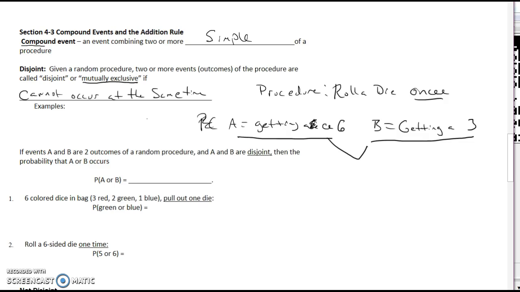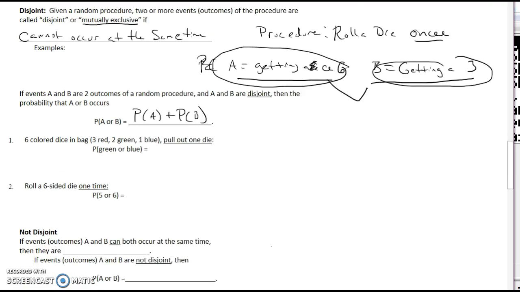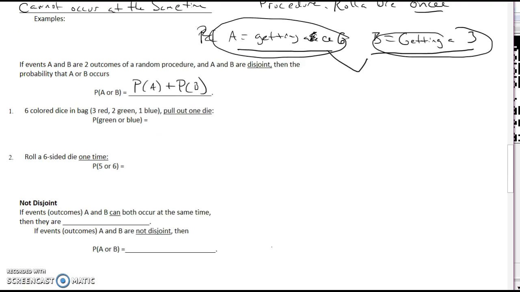Okay, so how do we calculate those probabilities? If two events are disjoint or mutually exclusive, then you calculate their probability by just taking the probability of A and adding it to the probability of B. So here we would find the probability of getting a 6 and the probability of getting a 3, and then we would add those together. So if I have 6 colored dice in a bag, 3 red, 2 green, 1 blue,